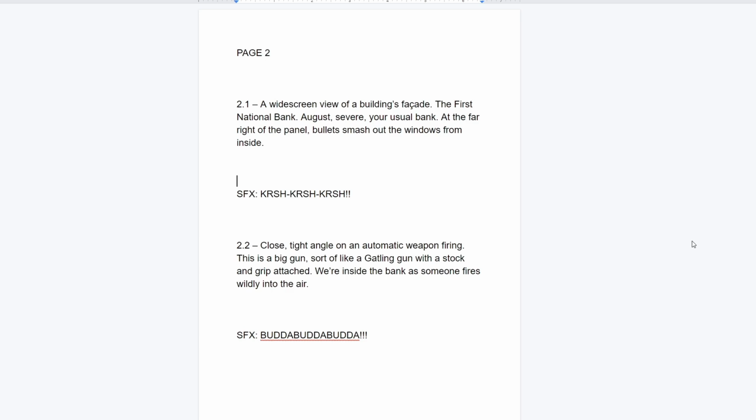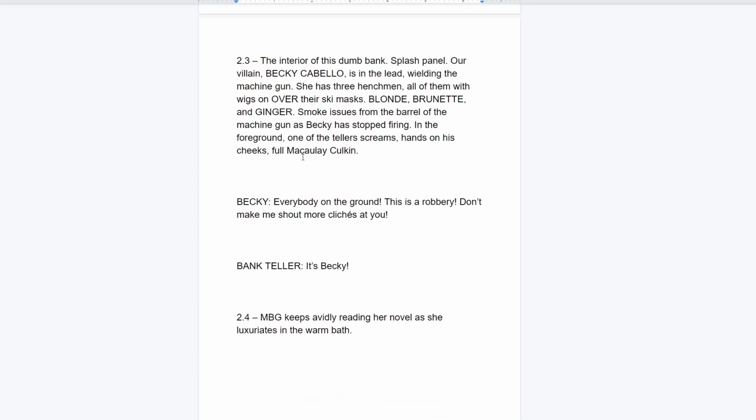Hey, it's Ben. So again, here is page 2, and I went ahead and made the font larger because I realized you may not be able to see the text very clearly depending on what kind of device you're watching it on. I'm pretty much always using a 27-inch monitor, so that could vary. But yeah, this is page 2, so it's a national bank, and then starting on the third panel,